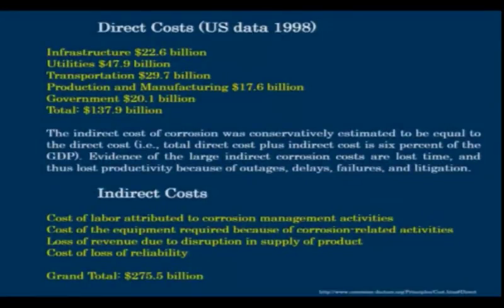Now, direct cost is basically US data, infrastructure. When I am talking about direct cost, this means the failure of infrastructure, bridges, buildings, utilities, and of course transportation, railways. If you have noticed railways, you can also find some pictures on the internet. Sometimes if you see a goods train, in Vizag, I will show some of the pictures later.